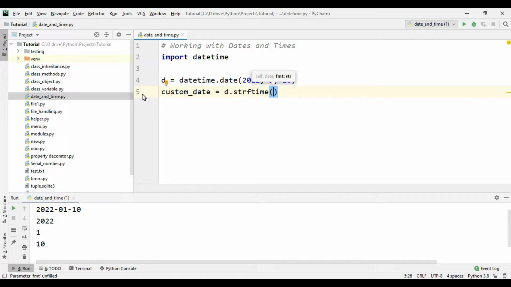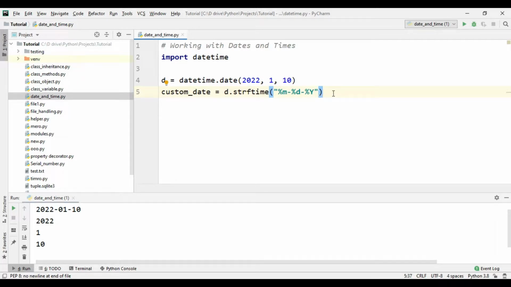And inside this parenthesis, we can give the format. So let's type %m dash %d dash %Y. Now here, these %m, %d, %Y are called